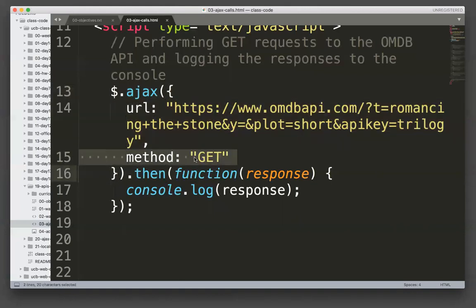This one is optional, but I want you guys to get into the habit of writing it. This one's optional only because it defaults to GET. Like it knows to do GET by default, but later on in